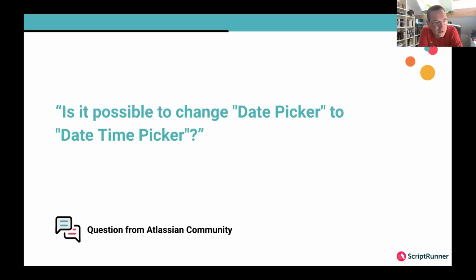There is a trick you can play on server with certain types of data. So with the date picker, if you want to move it to a date time picker, if you are willing to take the risk, because you're unsupported if you do this, you can stop Jira, take a backup of your database, because you should always take a backup of your database if you're going to do this sort of stuff. Change the custom field type. It's one line and one field in one table. And I wouldn't risk trying to automatically change anything else because there are other things you're going to have to do. But if you update it with SQL, then